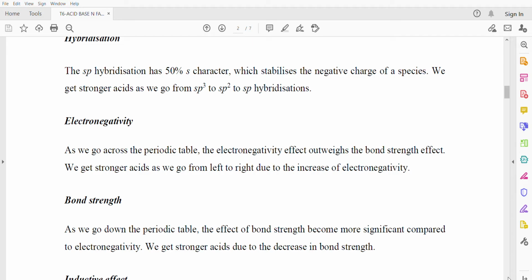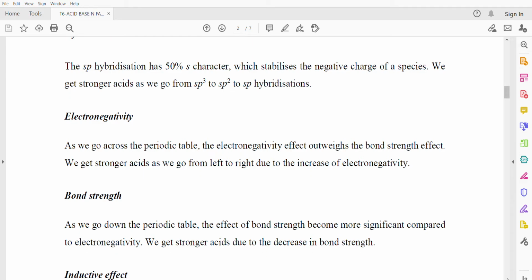sp3 has a 25 to 75 ratio, and in sp2 it is 33 to 66% ratio. So going towards outer orbitals, the hold on the proton is less effective as compared to the s orbital. The s orbital is near to the nucleus, so the hold on the proton is effective as compared to the effect on a far away p orbital. And bond strength,